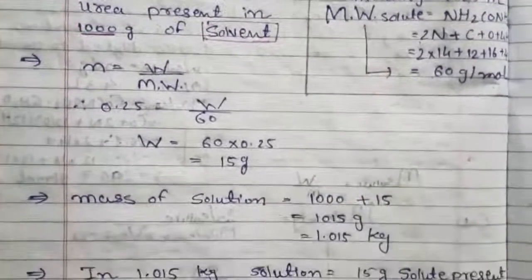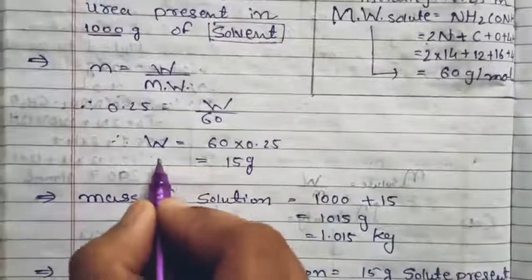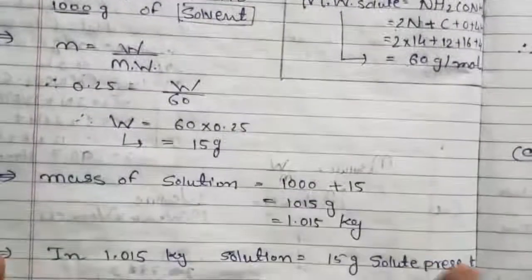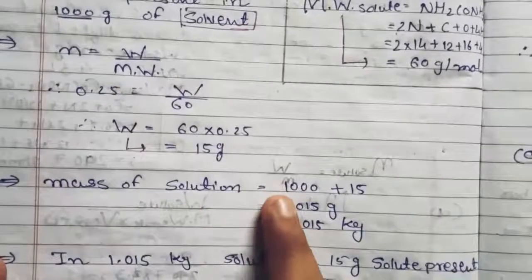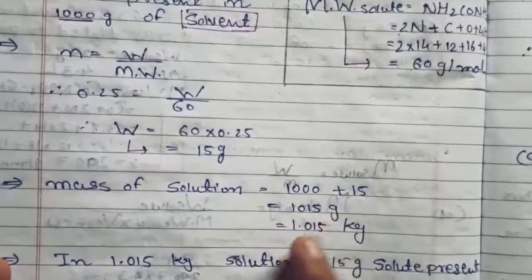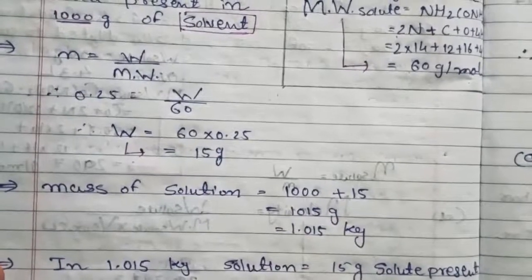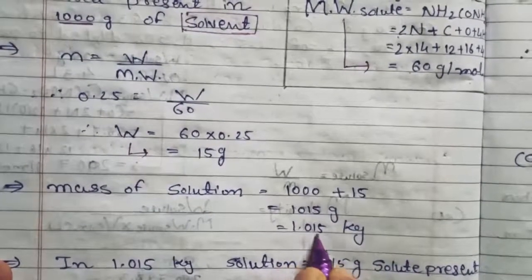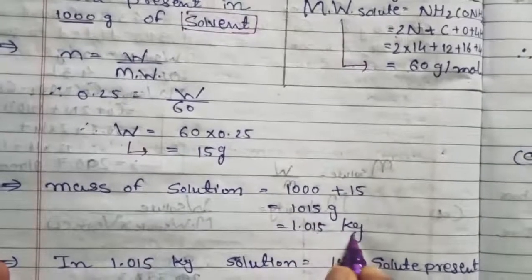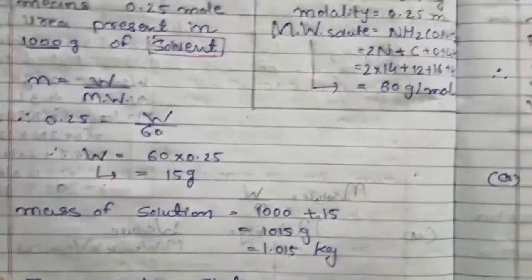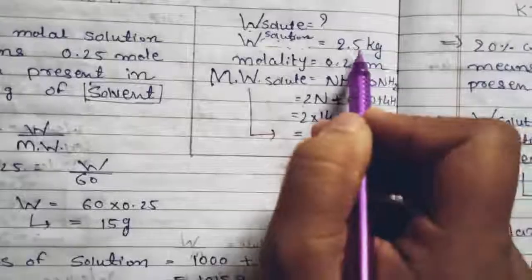Now अगर यहाँ पे mass of solute 15 gram, mass of solvent है 1000 gram, right? Then mass of solution will be 1000 plus 15. So it will be 1015 gram, right? And we can write this in the 1.015 किलोग्राम, क्योंकि ग्राम को किलोग्राम में कन्वर्ट करना है. सो वी हैव टू डिवाइड इट बाई 1000, राइट? ये क्यों किया? तो जो हमें सॉल्यूशन का मास गिवन है वो किस में है? किलोग्राम में गिवन है, राइट?